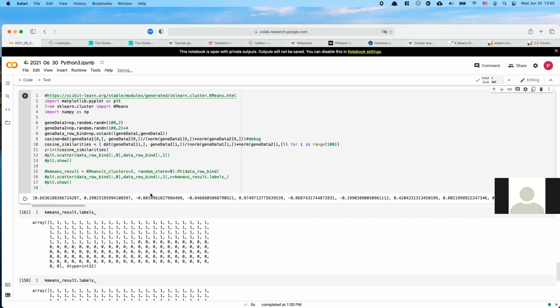See, we can get all of the cosine distances, cosine similarities. And we can use this distance to do